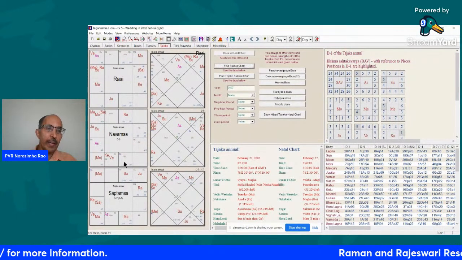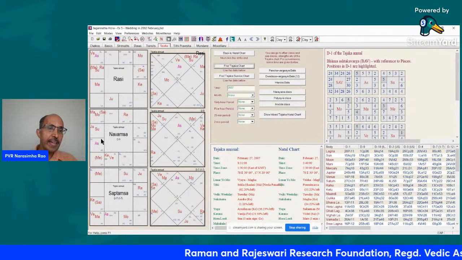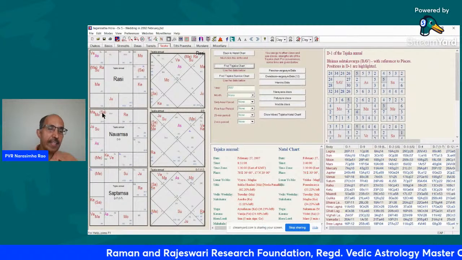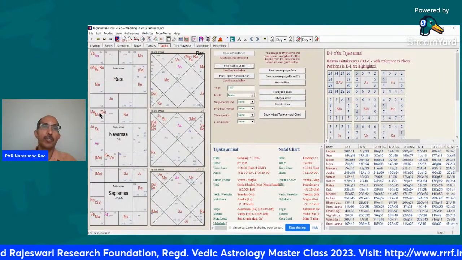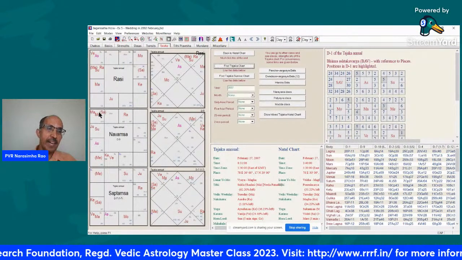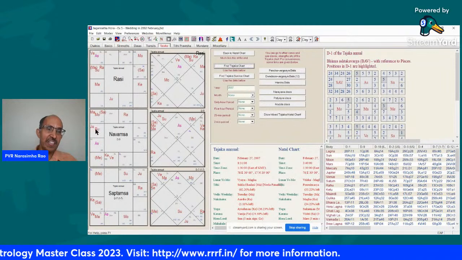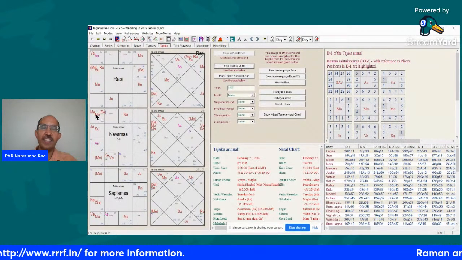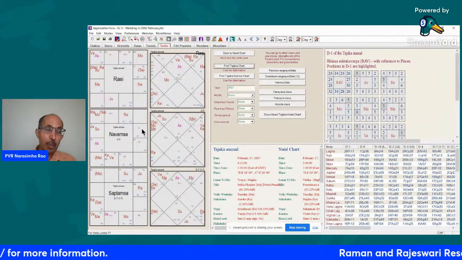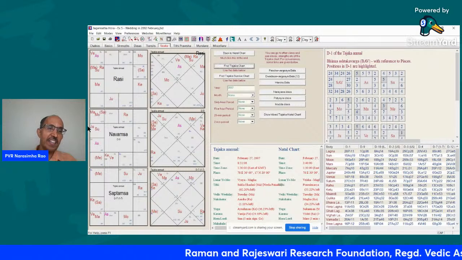Now, if you look at the Navamsha chart of marriage and dharma, you can see that the third lord Jupiter is in second house, second lord Sun is in the third house. So there is a parivartana between second and third lords. Also, the eighth lord Sun is in the second house here with Jupiter, and third lord Jupiter is here. Seventh lord Moon is here. So seventh lord and second lord are in third, eighth lord and third lord are in second.